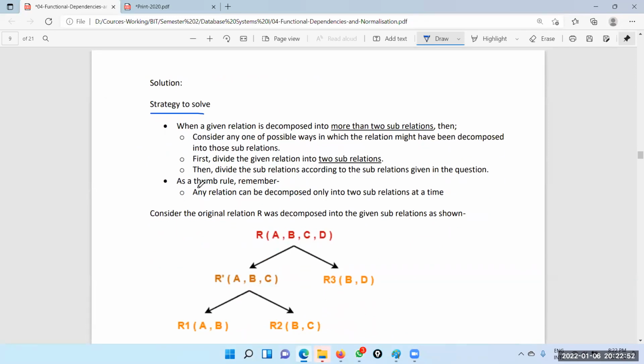As a rule of thumb, remember any relation can be decomposed only into 2 sub